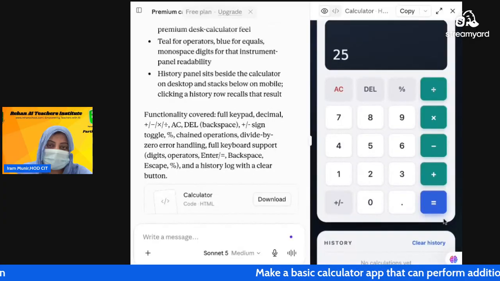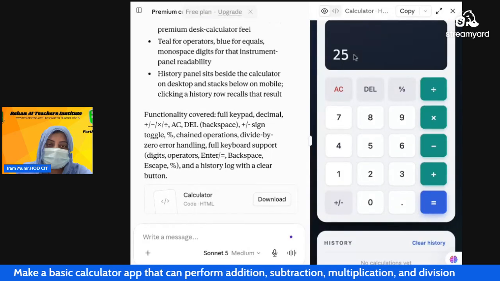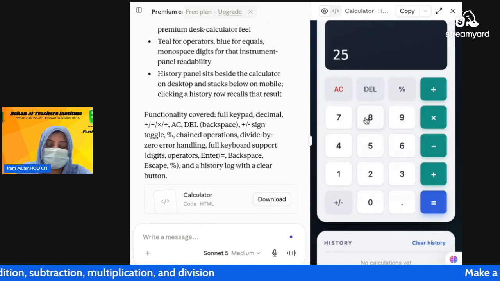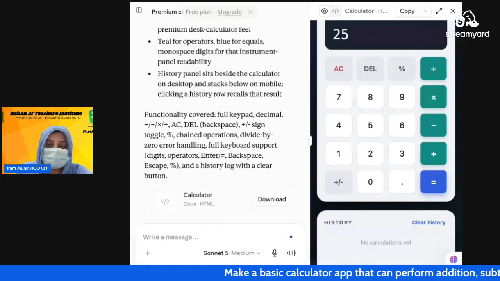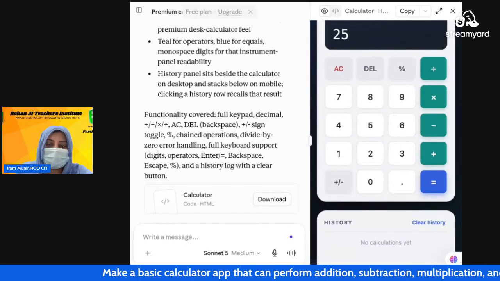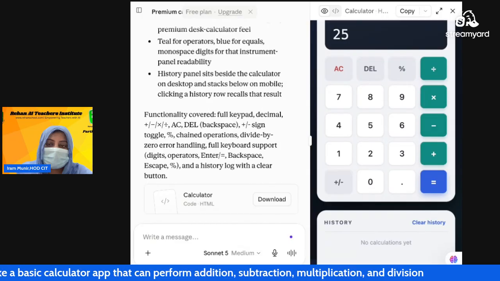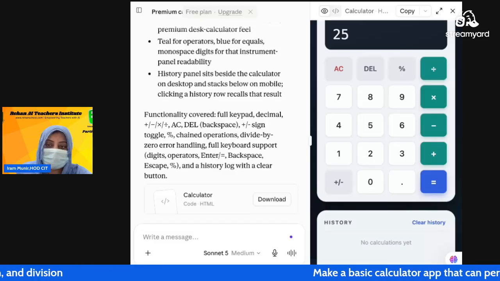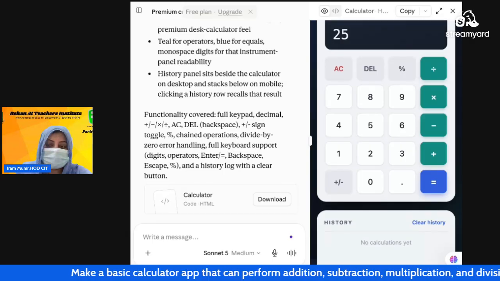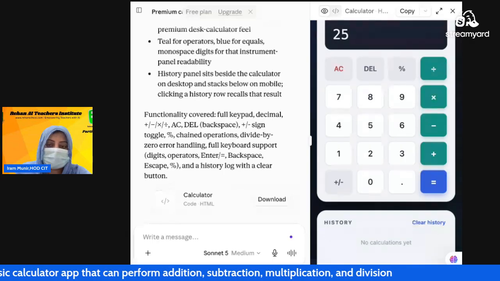So my basic purpose is to show how we can create some apps with the help of AI tools. And now we have checked the functionality of this basic calculator app. This is functioning properly. So this is a short demonstration of my basic calculator app created with the assistance of Claude AI. The application successfully performs the basic arithmetic calculations through a simple and user-friendly interface.